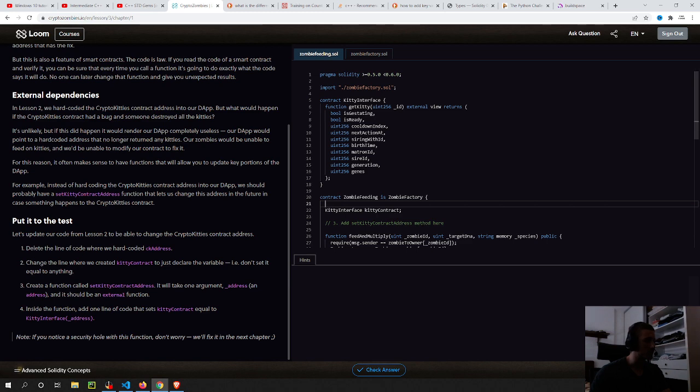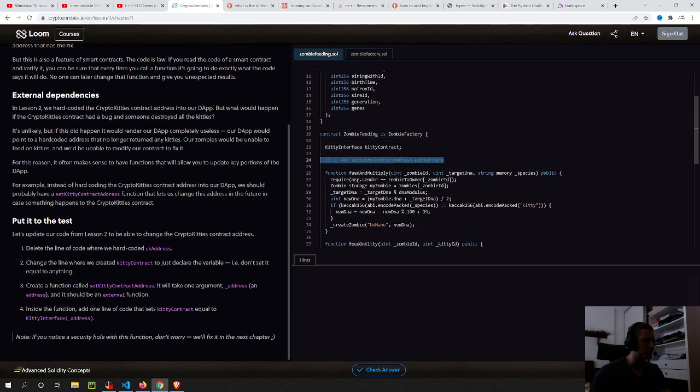Create a function called setKittyContractAddress. It will take one argument. Public, probably. And it should be an external function. Okay, external. Inside the function, add one line of code that sets kittyContract equal to